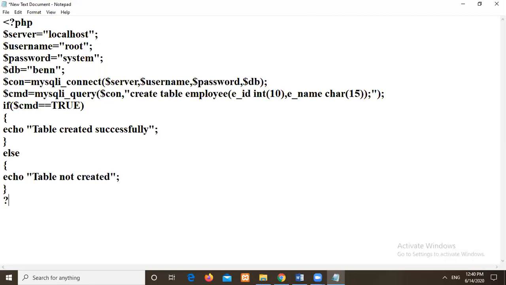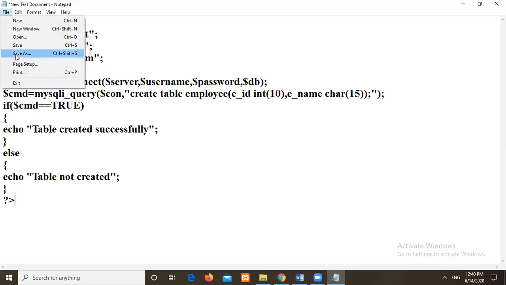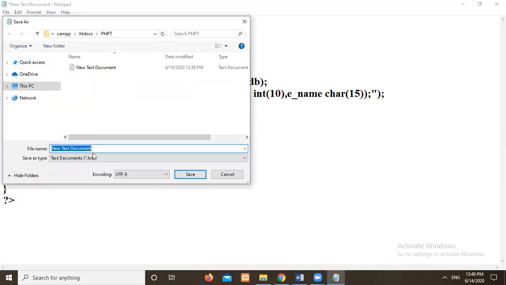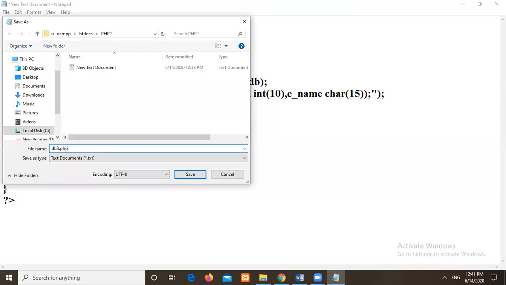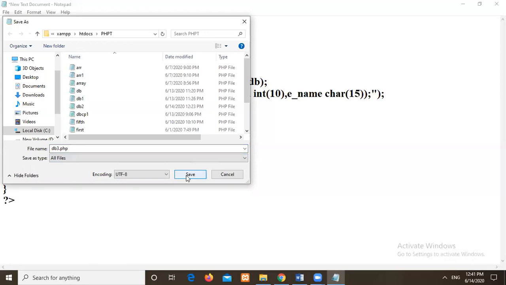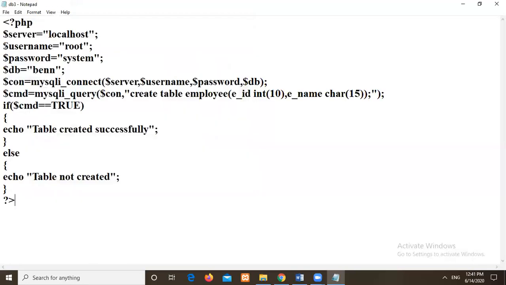Okay, so I will close this PHP script. So everything is correct, there are no errors, I guess, right? So I will save this program with .php extension. So I will write this db3.php, database 3. So I will save this extension as all files. Then I will click on save button, right?